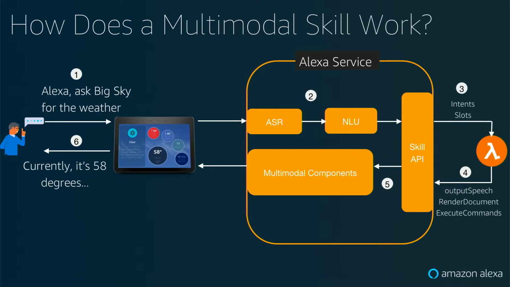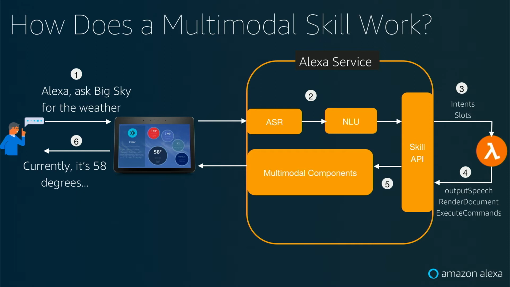Okay. So I know some of you are probably not familiar with how skills work, and some of you are. So I am going to do a really quick skill lifecycle 101 session where we'll talk about what happens when a customer says something to Alexa and it invokes a skill. So let's start out with what I said in that demo there, which was, I apologize, a little hard to hear. Alexa, ask Big Sky for the weather. So effectively, I'm asking Alexa to invoke Big Sky, that's the name of the skill, and ask the skill to